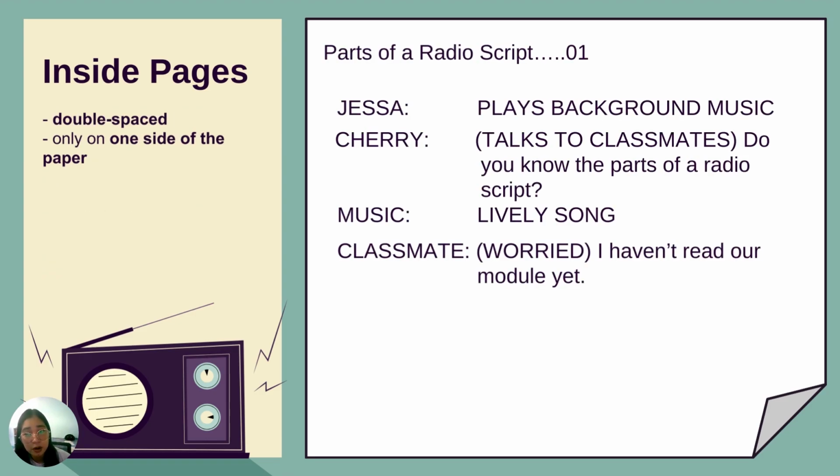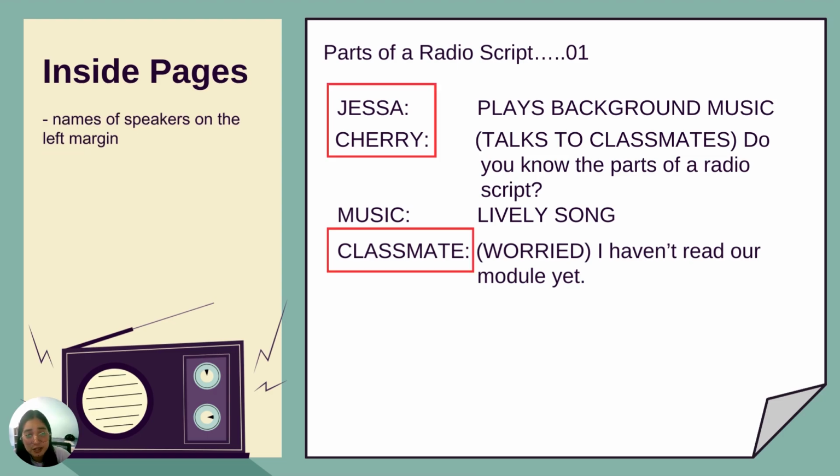Next, type all copies in double space using only one side of the paper, which is on the left side. Double spacing will make the script easier to read and corrections can be easily inserted. Next, we write the name of the speakers on the left margin and we begin the dialogue or the speech, the directions or cues farther to the right of the same line. So in the example, we have Jessa, Cherry, and the classmate as the speakers. Also, if you have music,